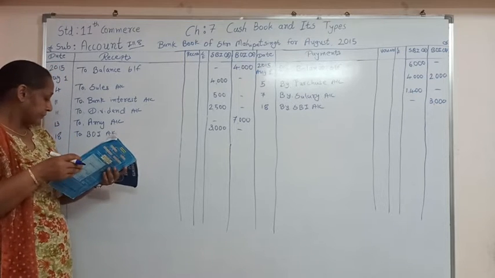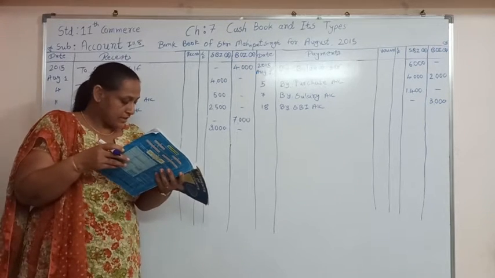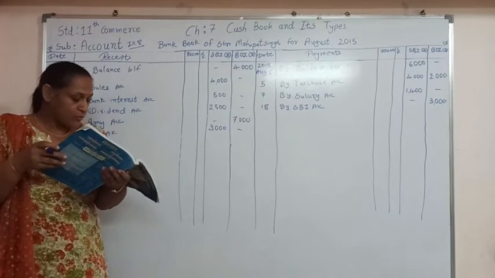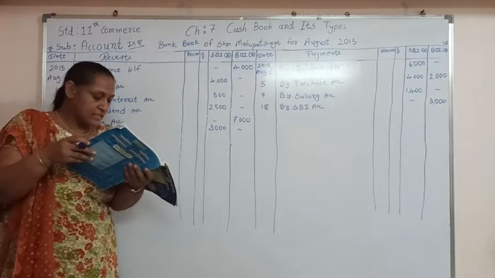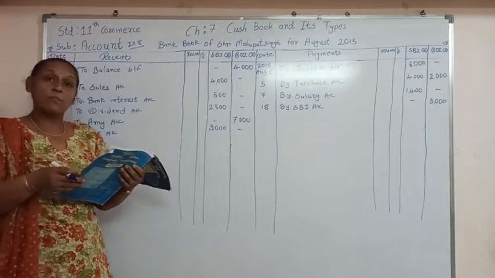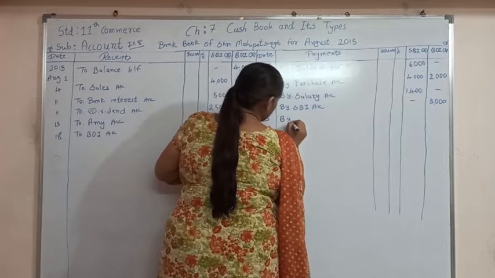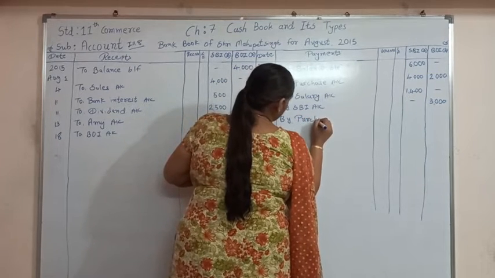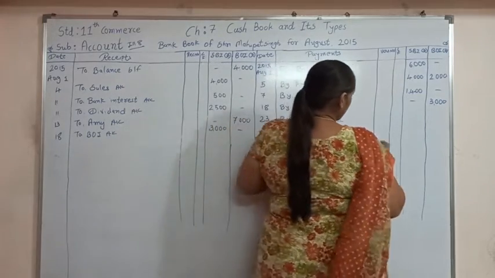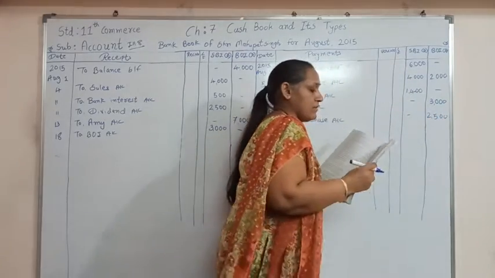Okay. Now on 18, check of rupees 3000 issued from BOI account and deposited in SBI, we already finished. Now 23, goods of rupees 2500 purchased, for which a check of full amount is issued from BOI account. So here we have purchased the goods on 23, by purchase account, and that purchase of rupees 2500 payment is made through BOI account.